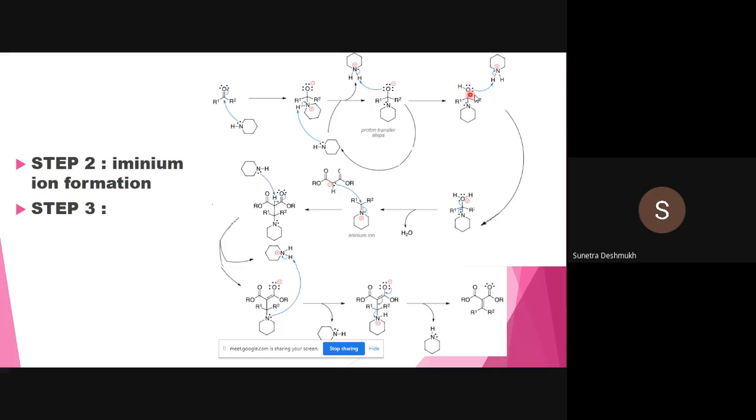This OH group leaves in the form of a water molecule. So again, that one is abstracting a proton from the pyridinium ion and transforms to this type of component where we can eliminate this water molecule. Okay, and we can generate this iminium ion. So pay attention to how we have generated the iminium ion by treatment of aldehyde, pyridine and piperidine.